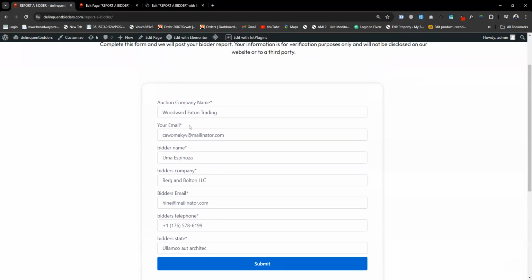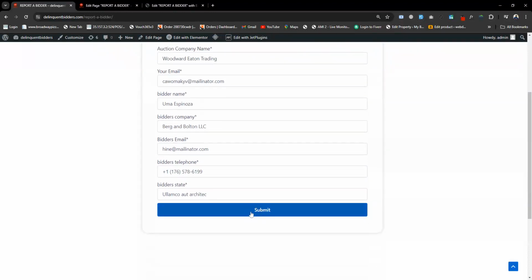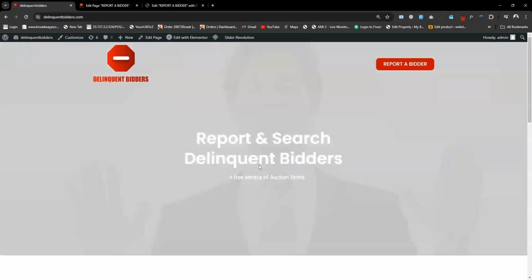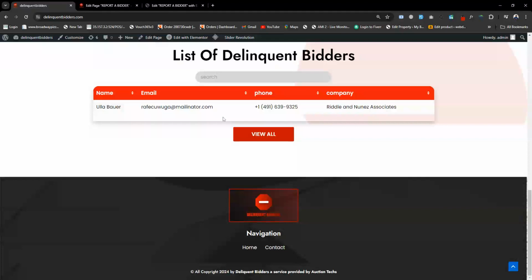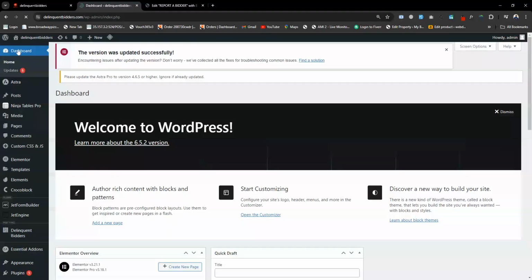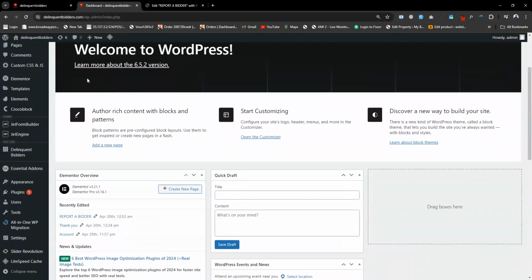now I am adding this form, then clicking on submit. After the submission you can see the report has been submitted successfully. Then go again to the home page, and here you can see there is only one entry. Okay, now I go back to the dashboard of the admin panel, and here you can see the